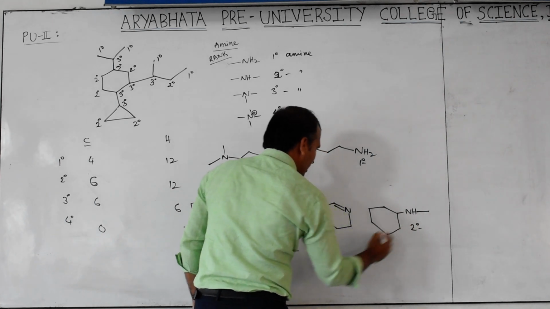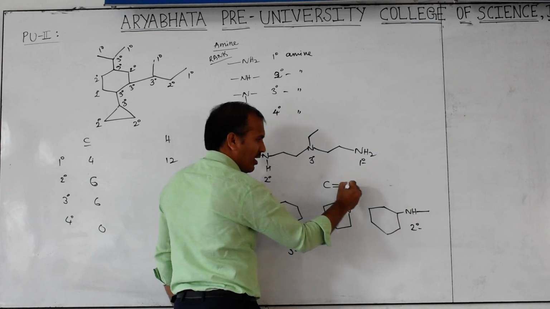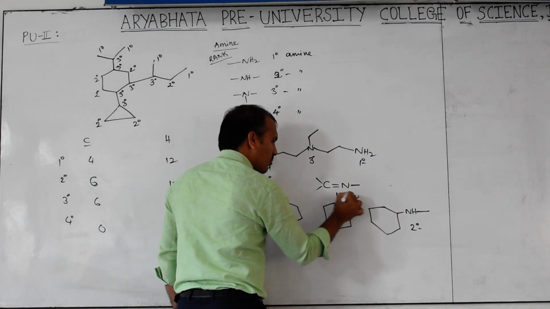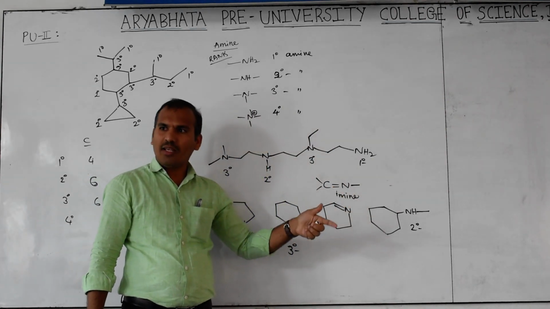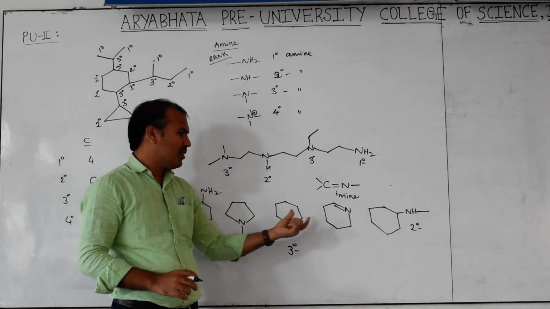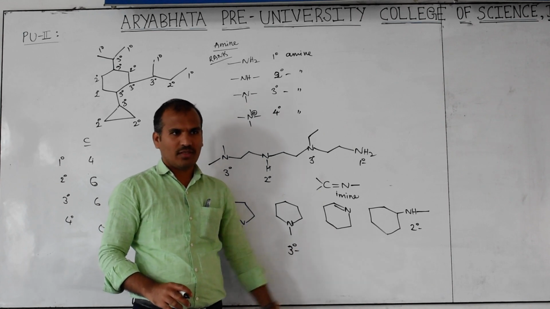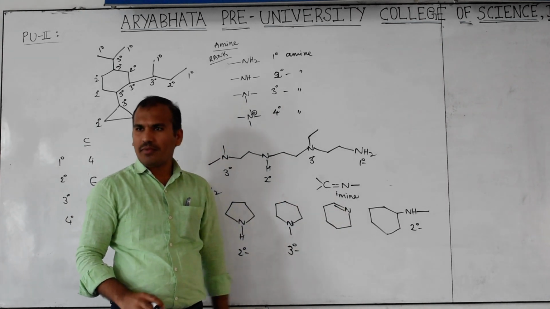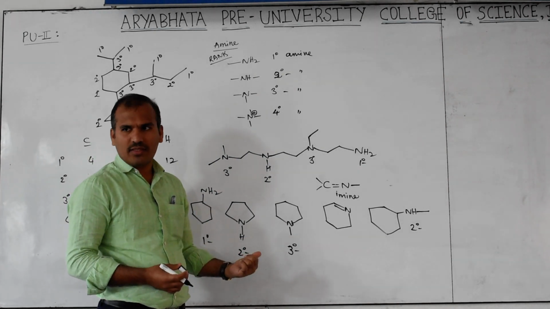Second, this is called imine. Keep in mind: carbon double bond nitrogen. Like this is there. This is called imine, not amine. Imine, this is. Okay? So it is not amine. This is imine. Note this down. So it is also this type: carbon is double bonded to nitrogen, imine. Got the point? Like this they may ask questions, and based on that you have to answer.